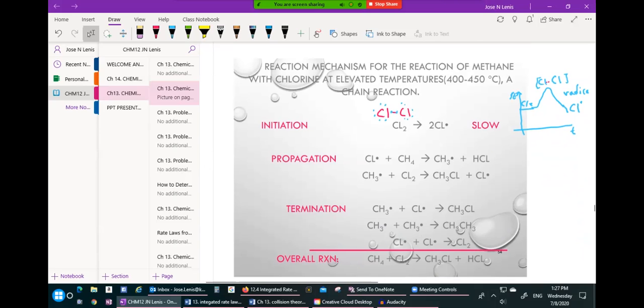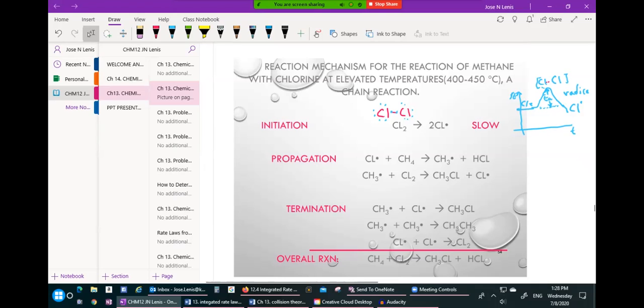This process is slow because the reaction needs to bring energy from this potential energy state to this potential energy state. So the molecule Cl2 needs to gain enough activation energy to get there. Once the molecule reaches the transition state, it forms the activated complex, and now is free,